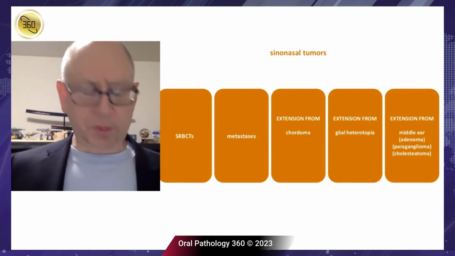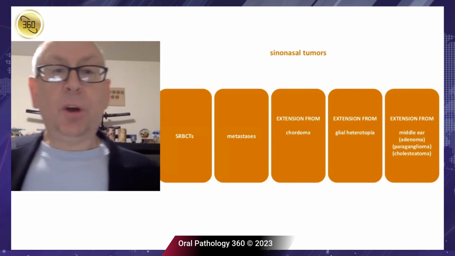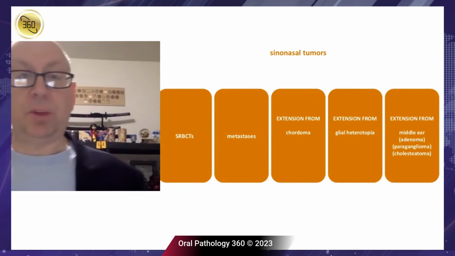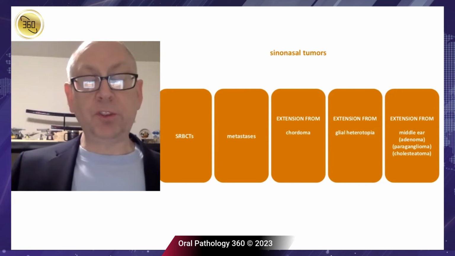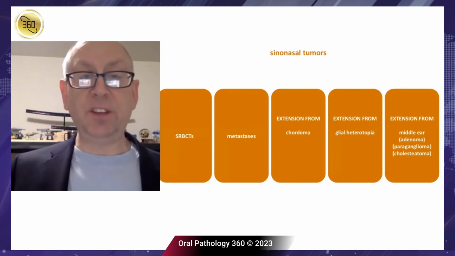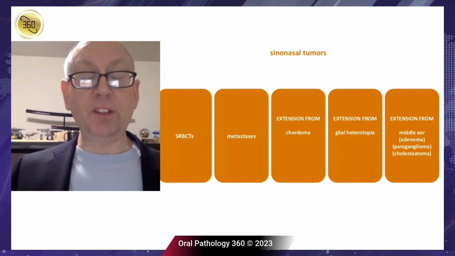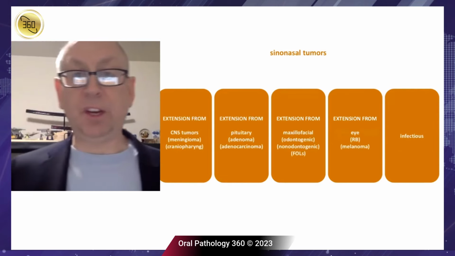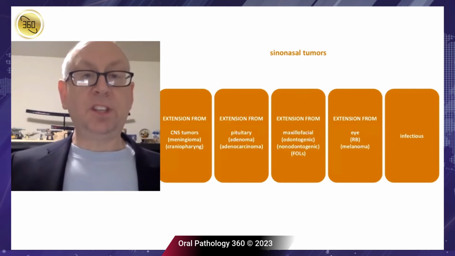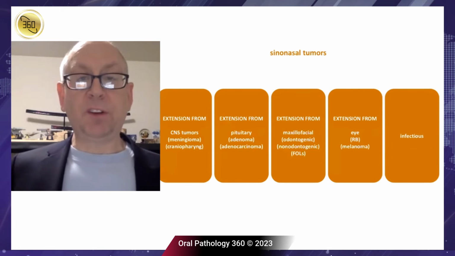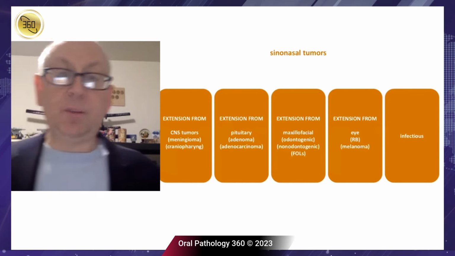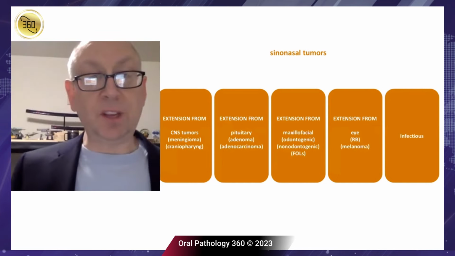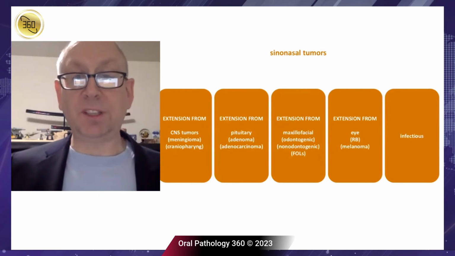thyroid type carcinomas. And then you also have the really strange tumors in the sinonasal complex. So you have all those small round blue cell tumors. You always have a propensity for metastases or extension from other areas like the brain or the chordoma type tumors, or from things from the middle ear, or extensions from the brain, the pituitary gland, or if you have a maxillary odontogenic keratocyst, that could extend its way into the sinonasal complex if it works its way into the sinus.